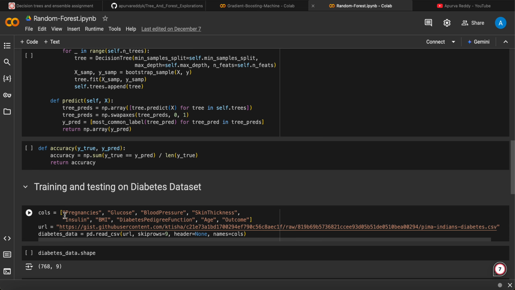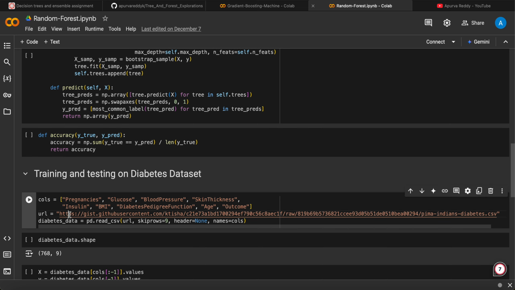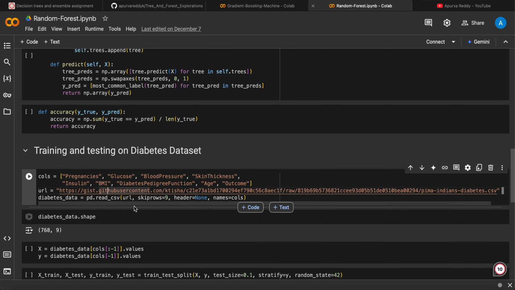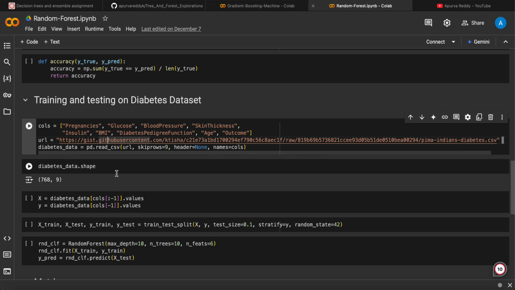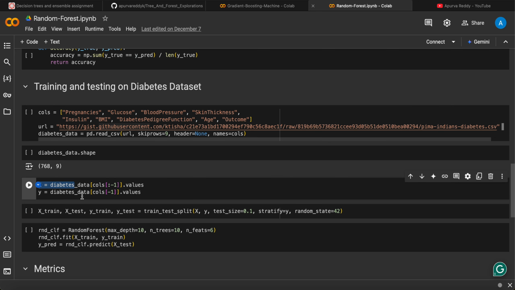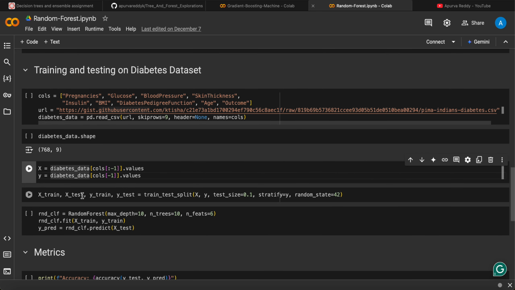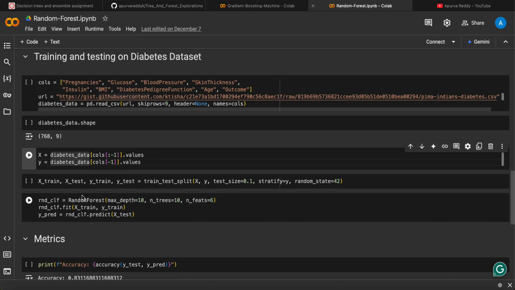So we're taking these columns. This is the diabetes data set. We're taking it from this particular URL, so we don't have it anywhere in our GitHub. But since we already have the URL, we'll be able to replicate it directly, and then just doing some exploratory analysis on that particular data set, making the X and Y columns, and then dividing that into test and train,